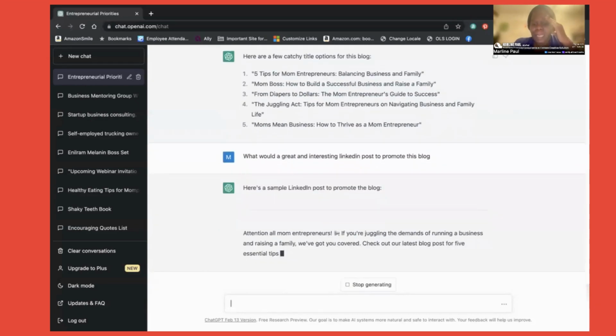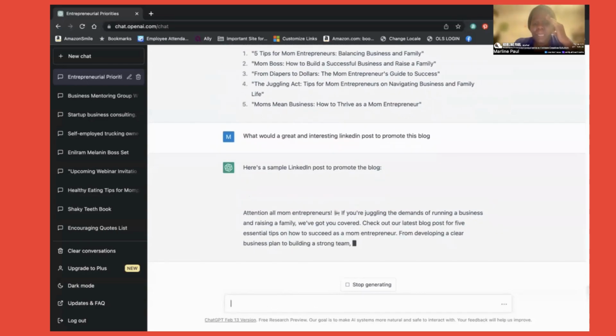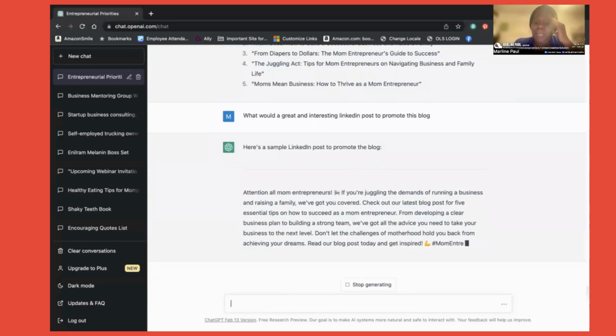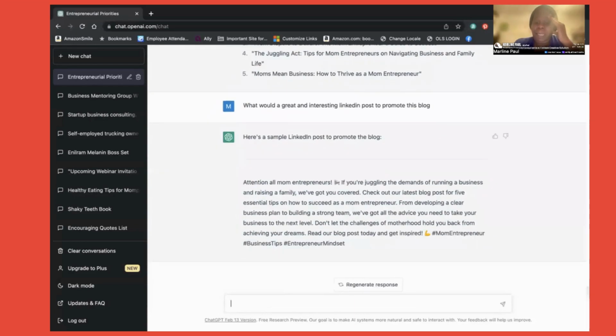Here's a great post, and it gives me something to write based on the post above. Look at that. I can do that. And I can copy and paste this, and if I don't like the way it sounds, I can say, can you write this in a more friendly tone, or a softer tone, a more encouraging tone, any tone you want. I like to put a more upbeat tone. So I say, can you rewrite this?